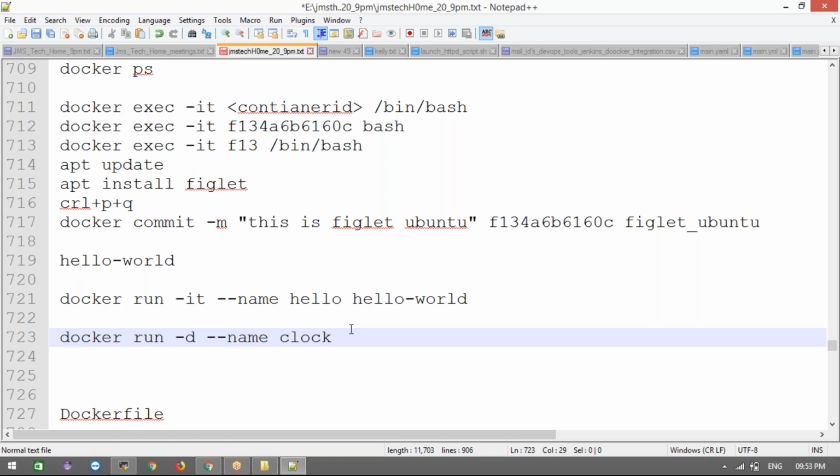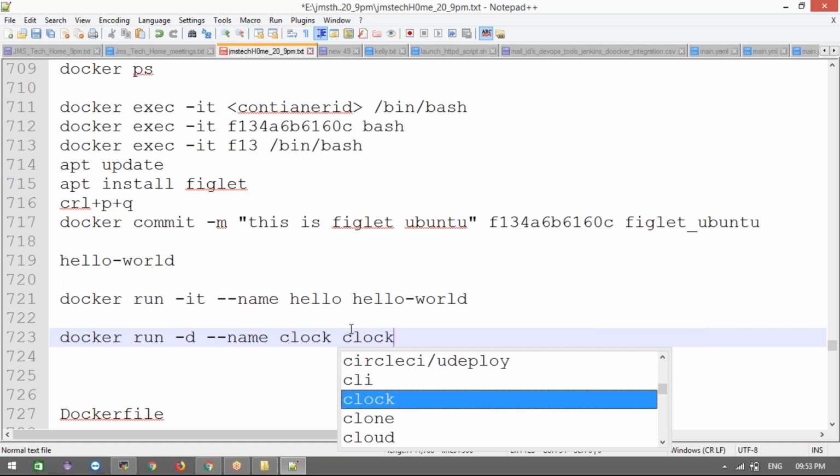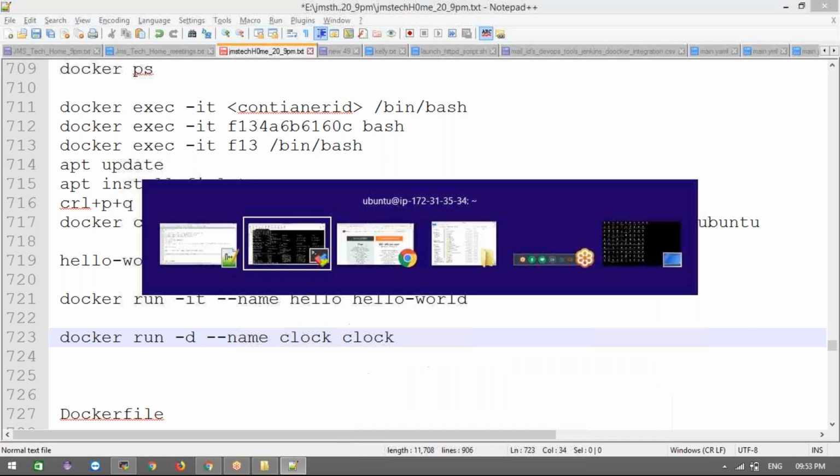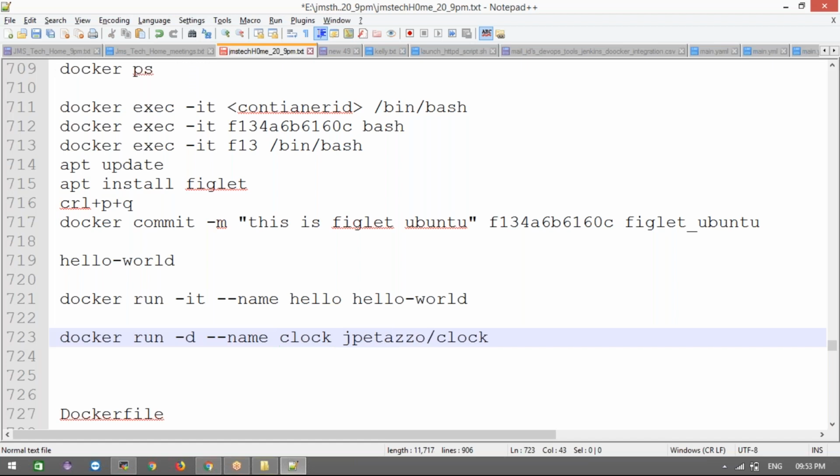Now I'm going to use this clock image. What is the clock image? This name. Okay, this image. Now just run this container.